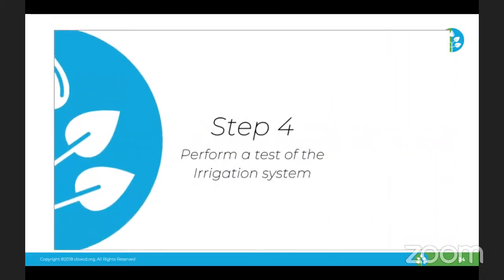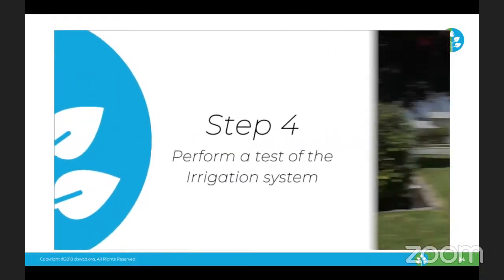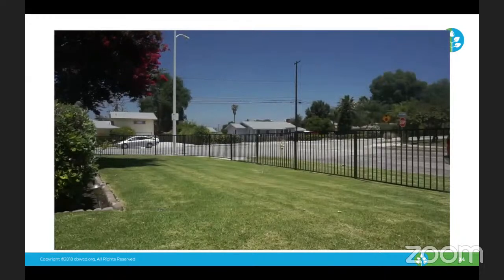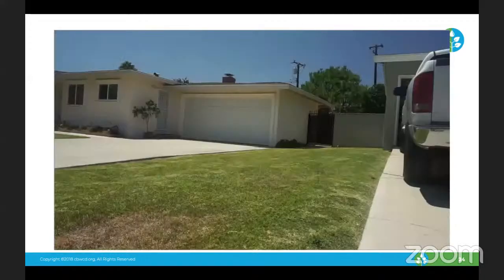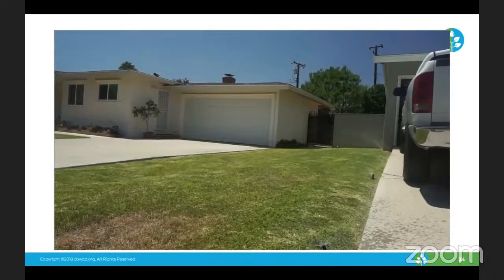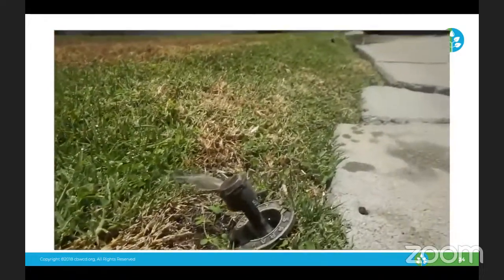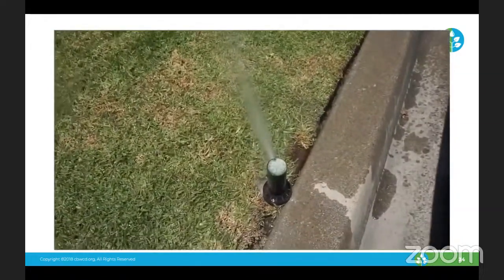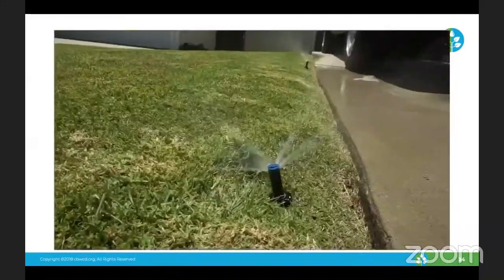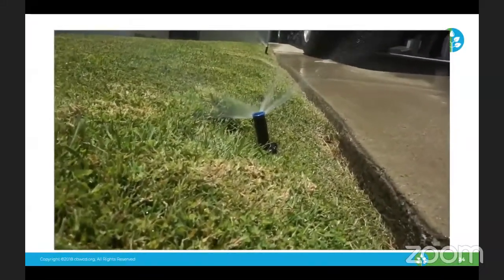Step 4, perform a test of the irrigation system. So as we turn on the irrigation system, it's best to give it about 5 to 10 seconds until the zone is completely pressurized. We want to walk around and check for any inefficiencies. We want to repeat that again from zone to zone. So this one here, we seem to have some issues with runoff, as well as a sprinkler that's not only clogged but tilted. Here's an example of a broken rotor. The seal's broken. As well as another sprinkler that's turned